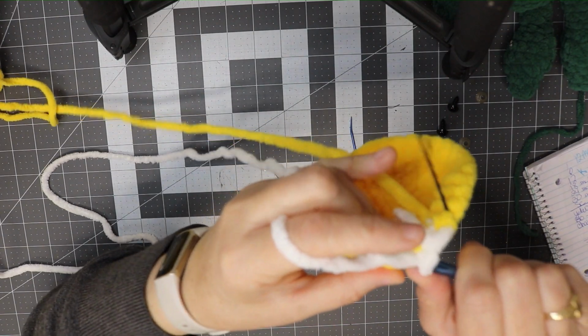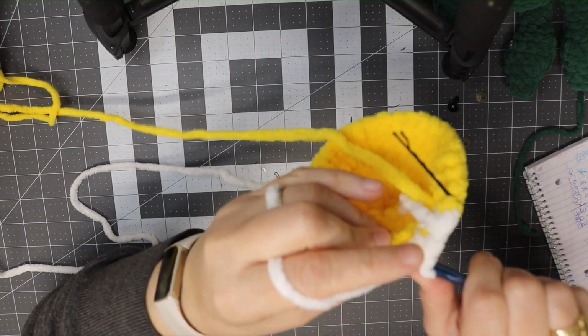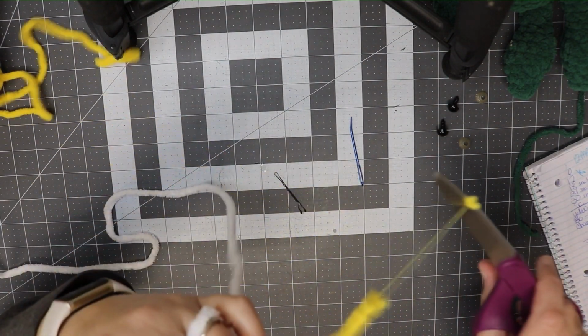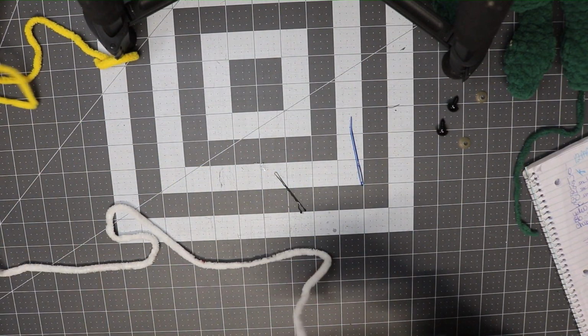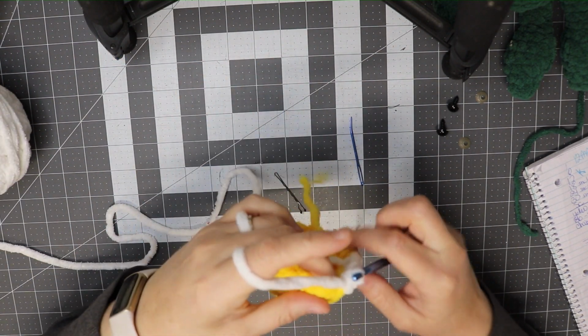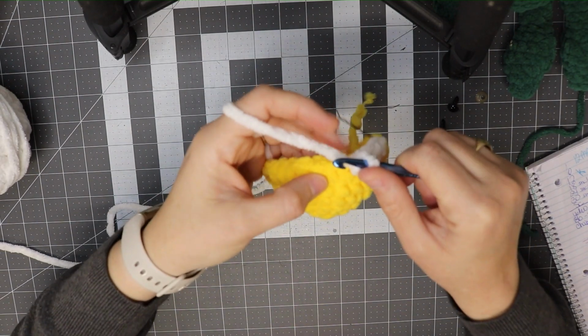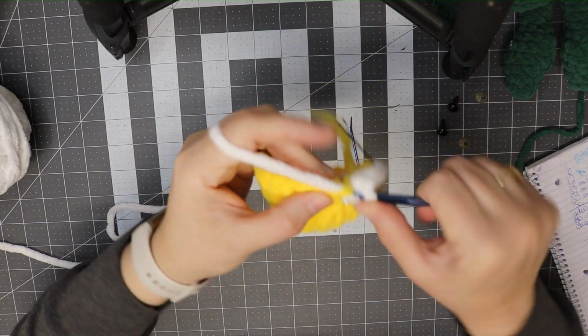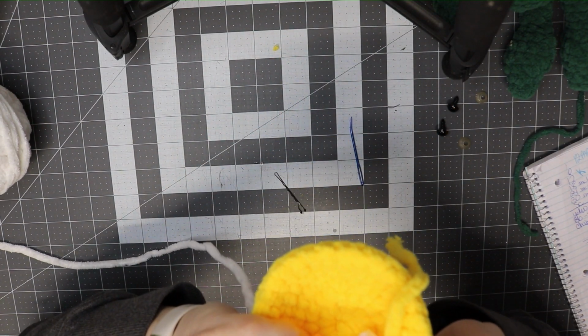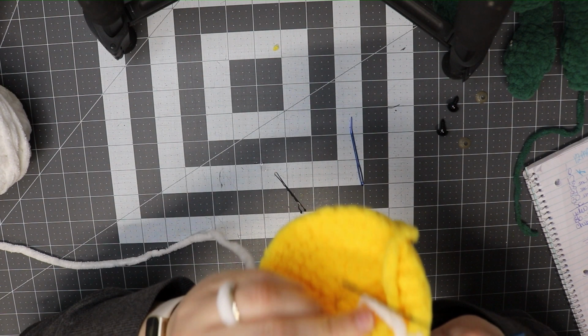2, 3, 4, and you can cut the yellow yarn, save some room for weaving in, and get that off of your project. And we are doing a single crochet in each front loop all the way around, so there will be 30. See, and that leaves this extra loop here on the bottom